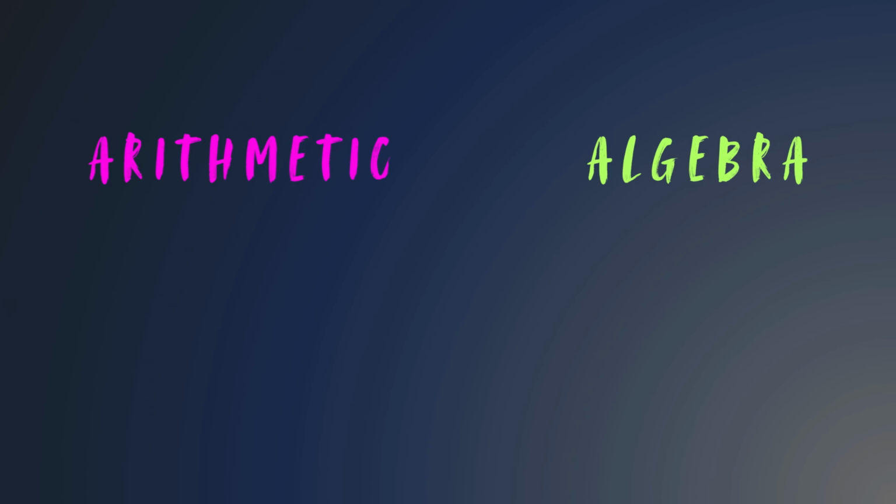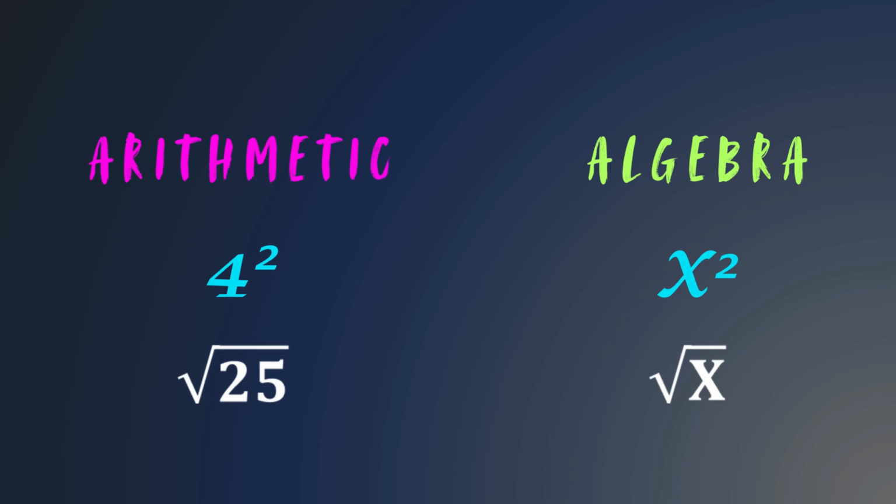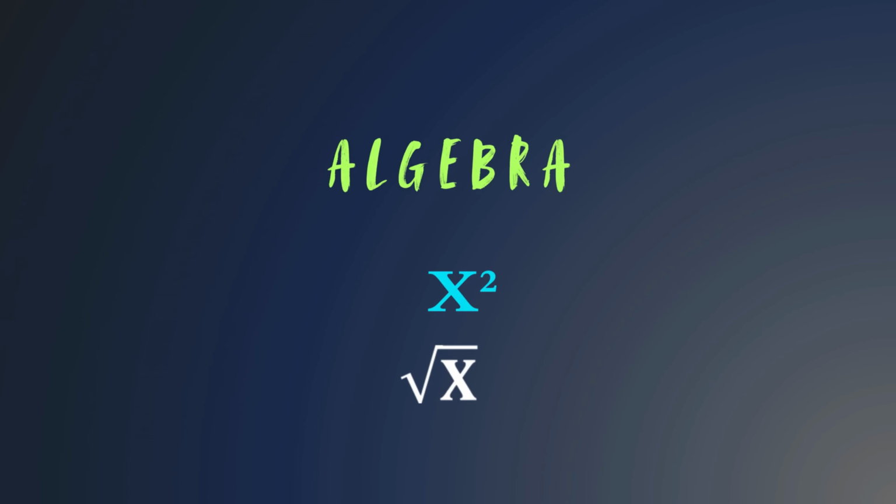In the previous videos, we have learned that one of the main differences between arithmetic and algebra is that algebra involves unknown values and variables. In arithmetic, you might see 4 squared, but in algebra, it's more like x squared. And instead of the square root of 25, you'll find the square root of x. Sounds interesting, right? In algebra, one of the main goals is to uncover these unknown values, kind of like solving